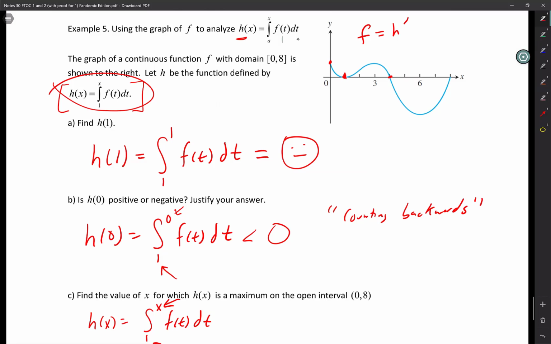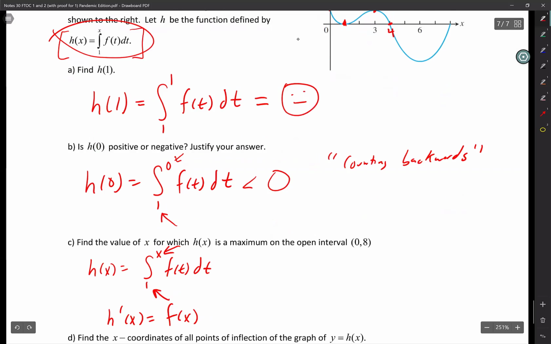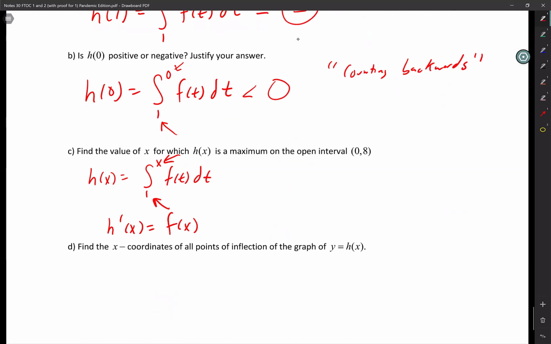Now, where does your h prime, which equals f, change from positive to negative? At 3. No, not at 3. Oh, at 4. At 4. So here's what you're going to write, guys. You're going to write: maximum occurs at x equals 4